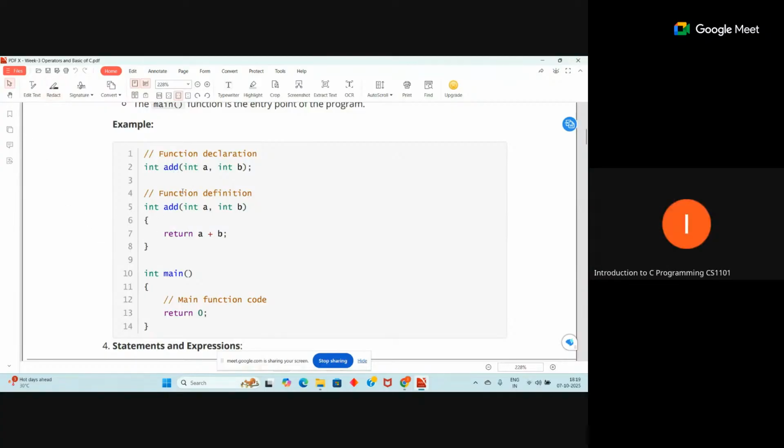So we need to define subfunctions if they are there. After that, we need to define a main function. While executing the main function, why do we write this return 0? When you are executing your main function, maybe due to some problem or error, your program may terminate abnormally. Say, for example,